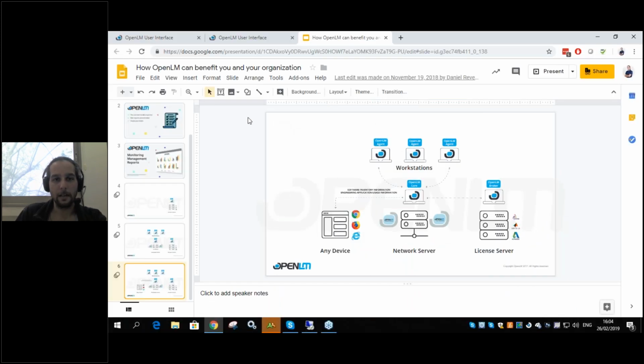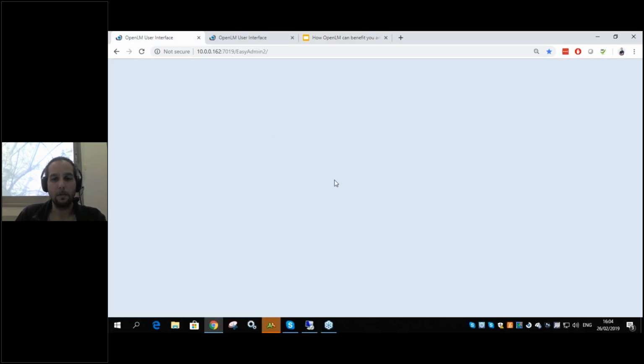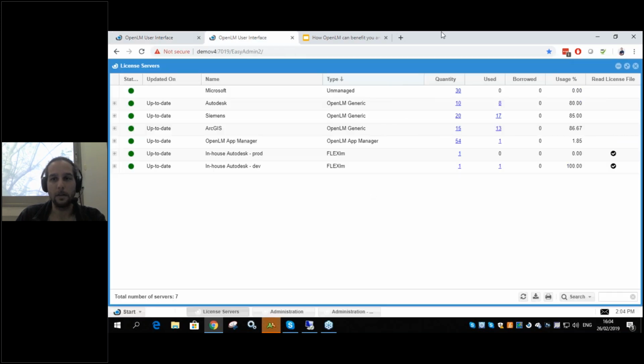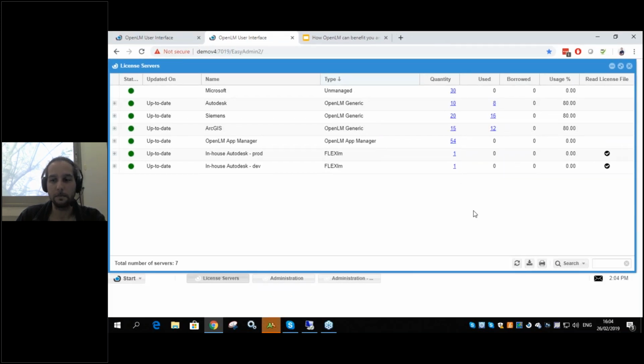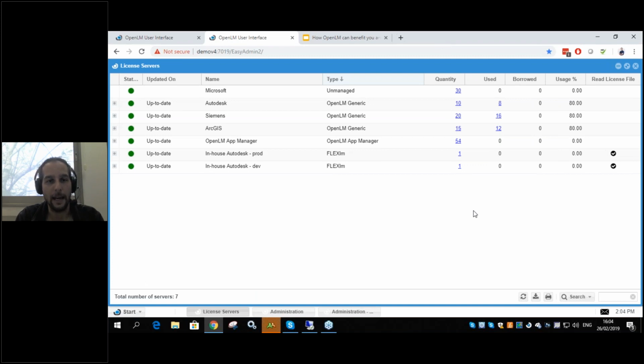But okay, let's see OpenLM. Let's take a look at OpenLM. Let's see what it gives us, how it can actually allow you to get a better insight over your licensing status. So how does OpenLM achieve that? First of all, it is able to show you a complete picture of what's going on right now with your system. So we'll start off with the license servers